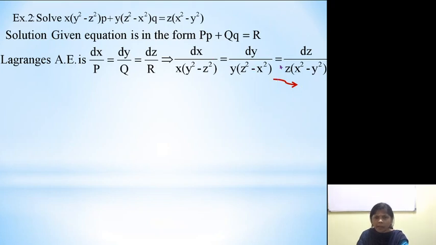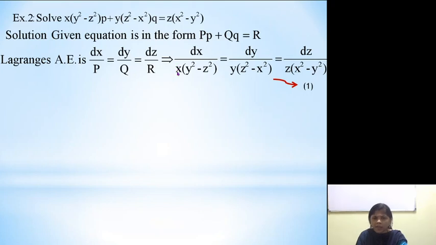Now once we get Lagrange's auxiliary equation, have a look at this equation carefully. What we find is x common here, y common, z common, and the terms are symmetrical, right? X, then power of y, power of z, then start with y, power of z, power of x, like this. There is some kind of symmetry I am observing. So as I told earlier, if we find some terms common, try to cancel out with that and try to get the desired answer.